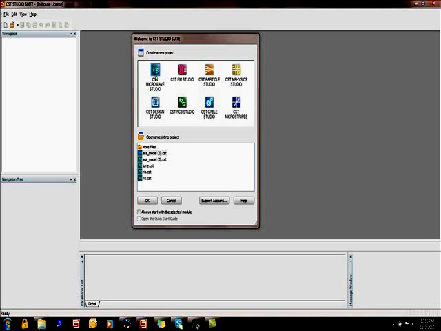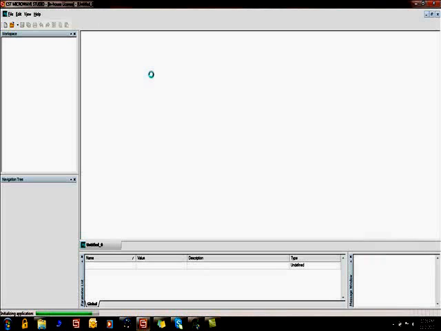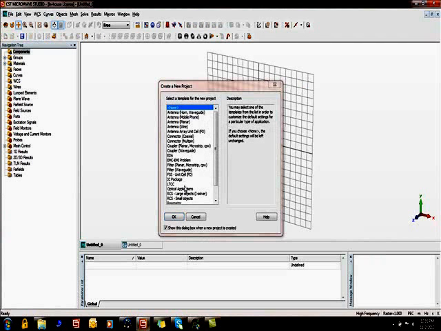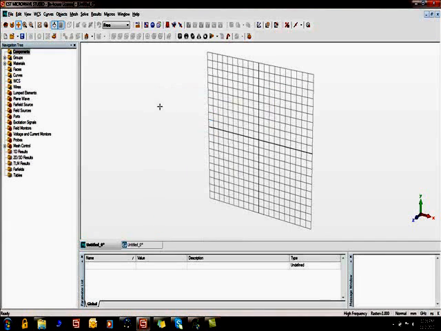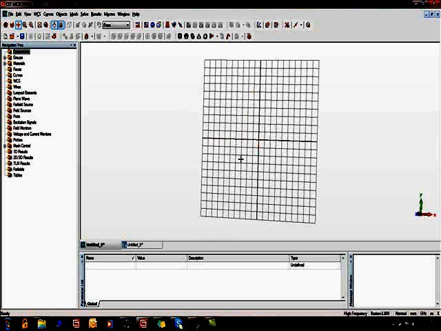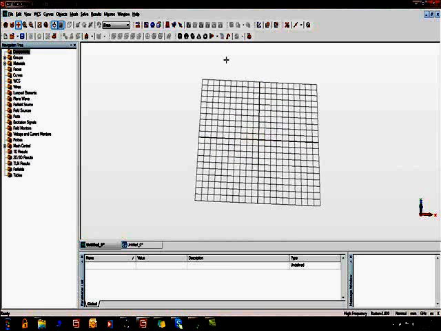First select CST Microwave Studio. Then based on your application you can select our predefined template, otherwise you can select none and click OK. But as right now we are interested in planar antenna, so I will select antenna planar template. Okay, and you can check units are in mm and frequency is in gigahertz. So let's start modeling the patch antenna.